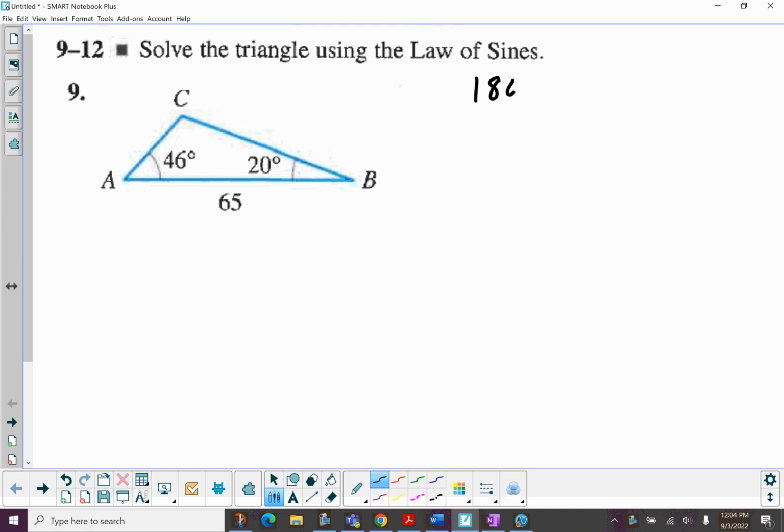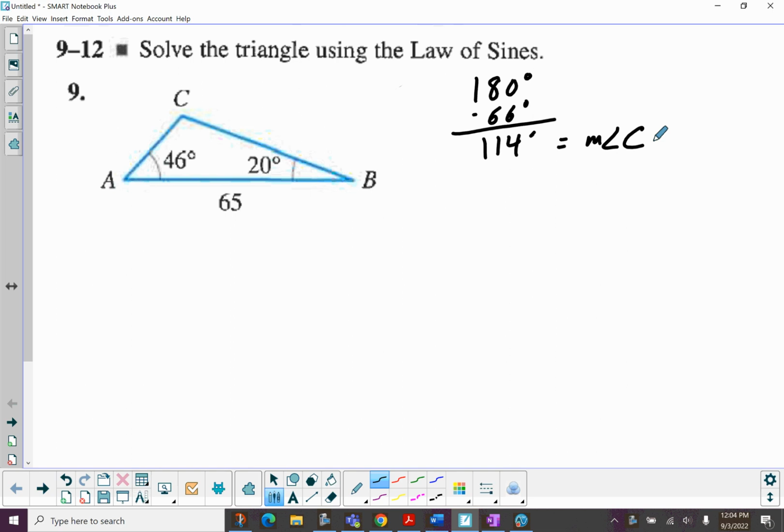the angles should have a sum of 180 degrees. If I take the 46 and the 20 and add those together, I believe I get 66 degrees. Subtract those, that'll give me a difference of 114. And that's exactly where I need to start because that's the measure of angle C. I need to know the measure of angle C because it's the angle opposite the one and only given side